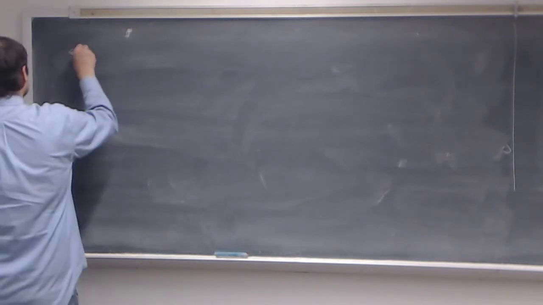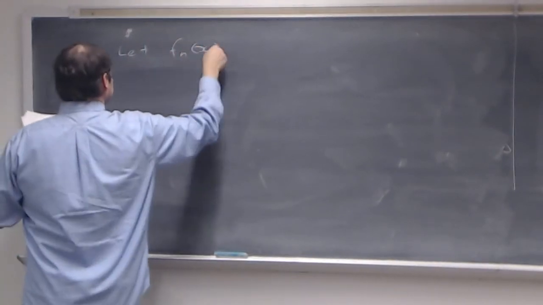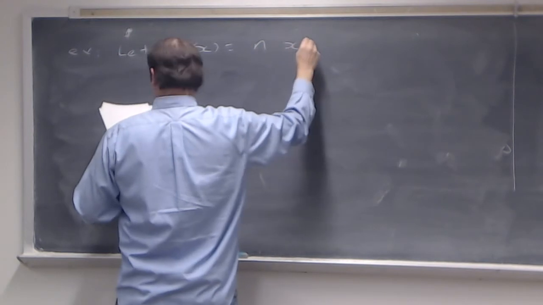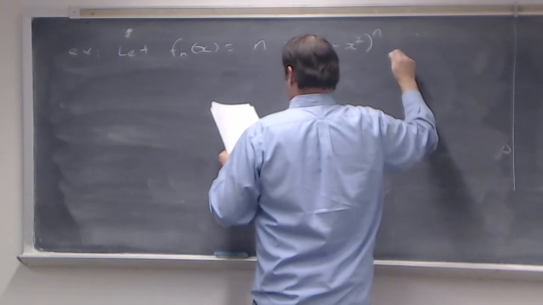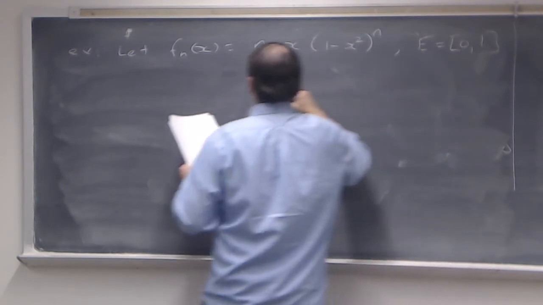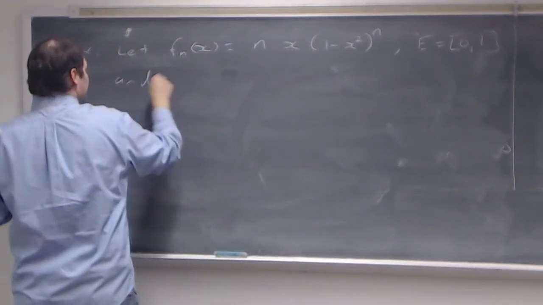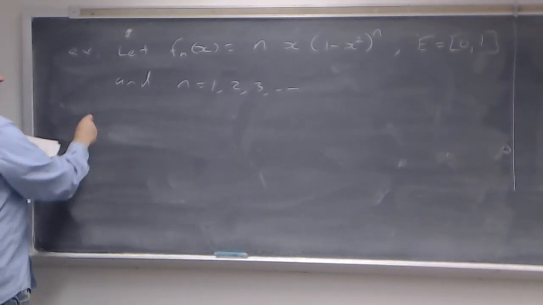I'd like to look at another example. We're going to let f sub n of x be equal to n times x times (1 minus x squared) raised to n, and we're going to let that be defined on the interval from 0 to 1. And we're going to consider n equal 1, 2, 3, forever. Okay, so let's talk about these